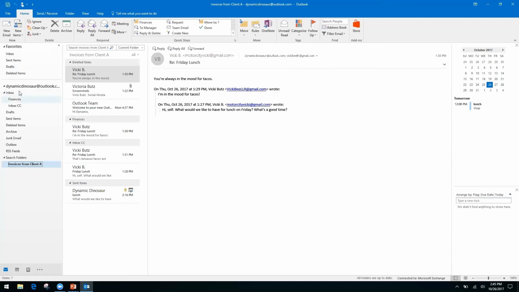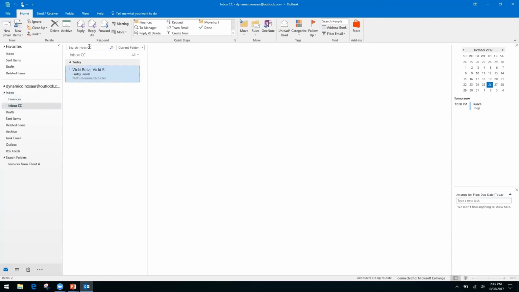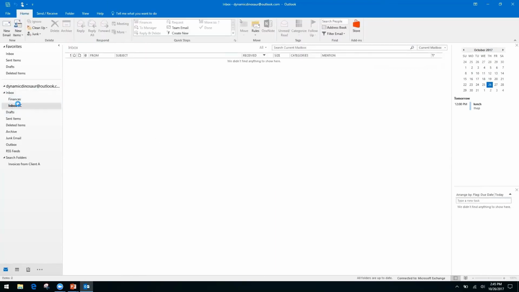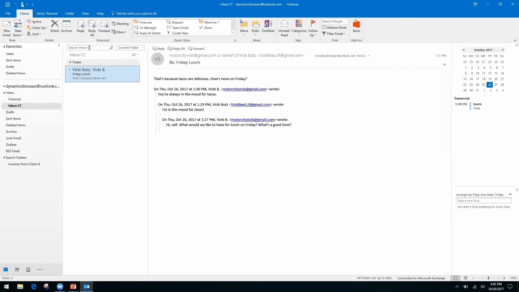You can, of course, use the standard search, which is up at the top of the second column at all times. You can search everything on the entire account, or you can search individual folders. It is up to you. But if you find yourself performing the same search over and over again, probably a good idea to set up search folders. One caveat with search folders, this is a feature that is primarily functional for the Outlook